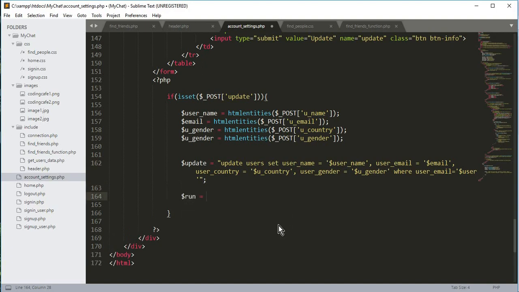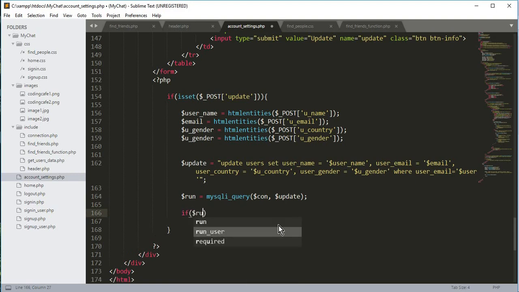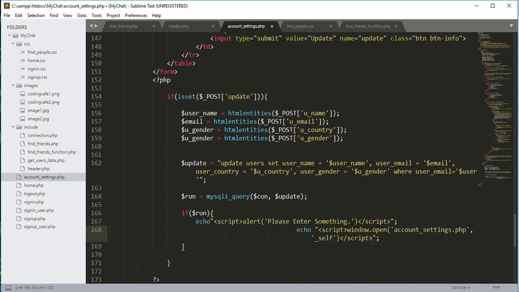It will be equal to my mysqli_query, and then we will pass the connection variable and the update variable. After that we will add an if condition: if $run, if the query works successfully, then we will show the user something. Okay, so we will just paste this old code, we will remove this,